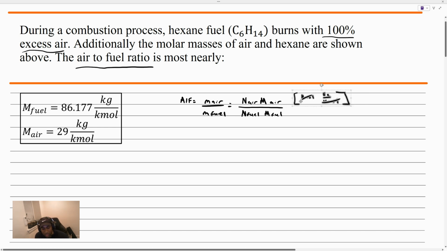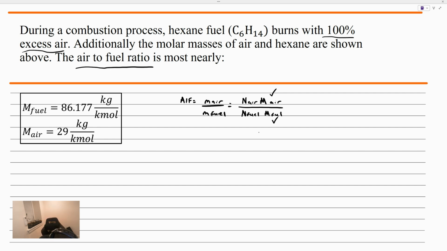Okay, so that means if we're able to find the correct number of moles of air to number of moles of fuel, we already have the molar mass of air and the molar mass of fuel, and we'd be able to find our answer. How we find that molar ratio is by looking at the stoichiometric combustion equation and then incorporating the excess air afterwards. If we write down the combustion equation for hexane, we have some amount